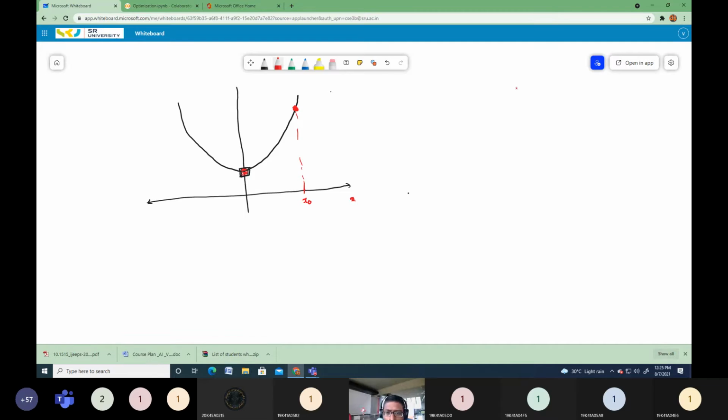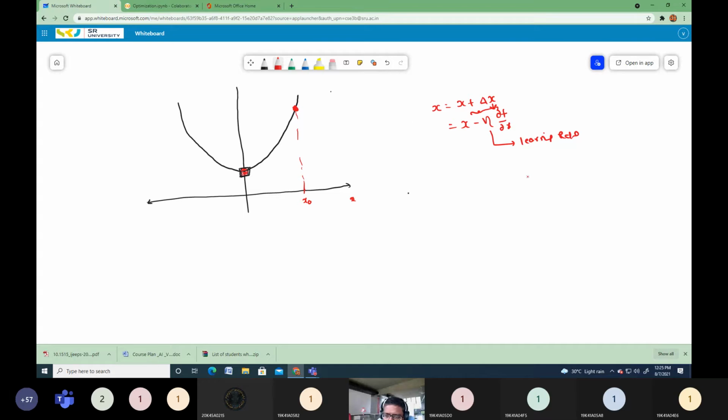Now I am going to update this x value continuously as iterations progress. How am I going to update that x value? x equals x plus delta x, that's called step length, which is equal to x minus eta into dou f by dou x. Here eta is called the learning rate, and this complete portion is called the step length delta x.